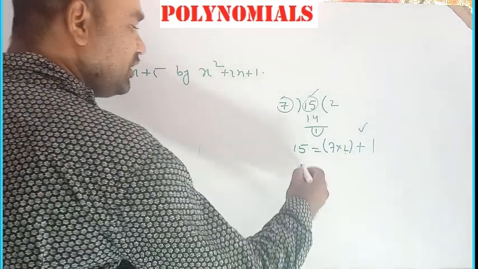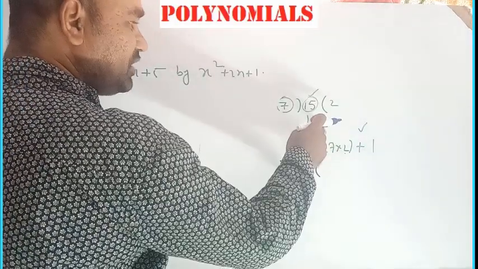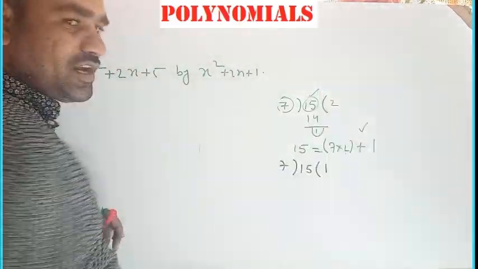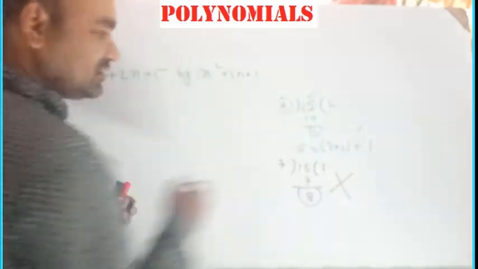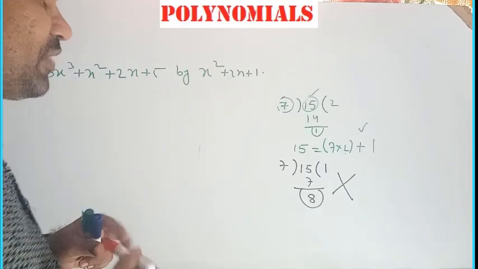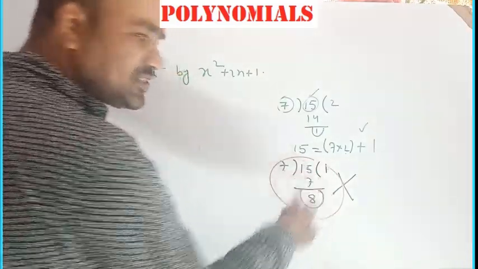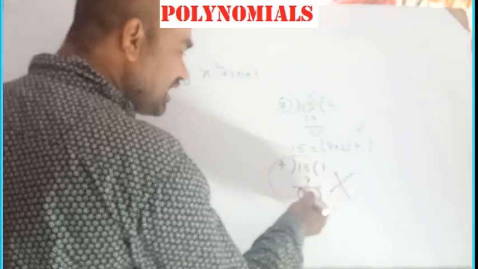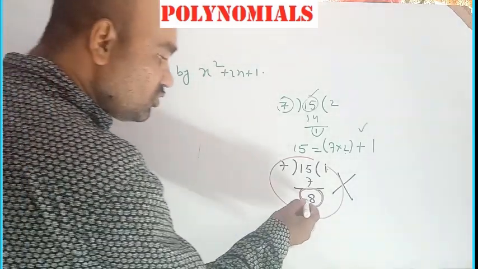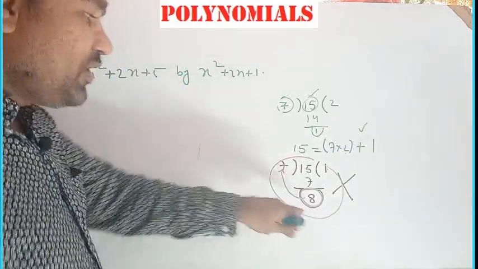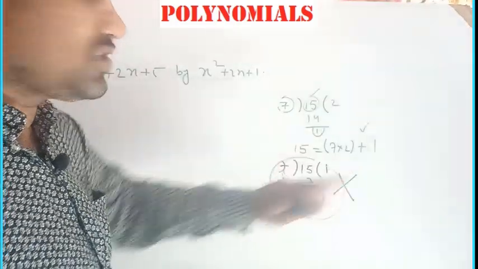Okay, do one thing. If same 15 is divided by 7, for example, 7 2s are 14, instead of 2, if I took as a 1, 7 1s are 7, the remainder is 8. So this is wrong division. We can't say that 8 is a remainder, but this is satisfying division algorithm. 15 equal to 7 into 1 plus 8, satisfying. But this is not treated as an actual remainder when 15 is divided by 7. So remainder should be less than the divisor. Then only you can say that is the remainder and this is the quotient.